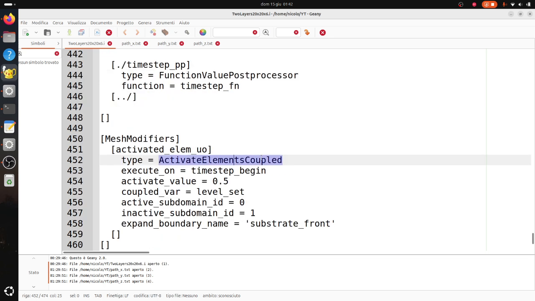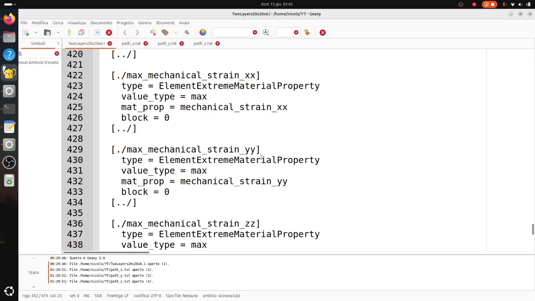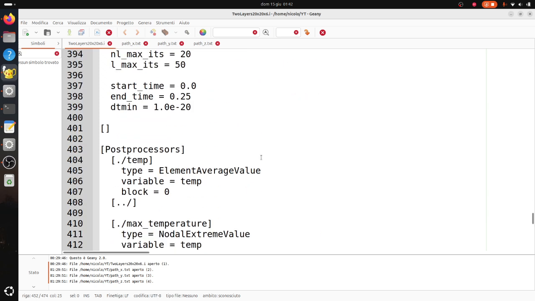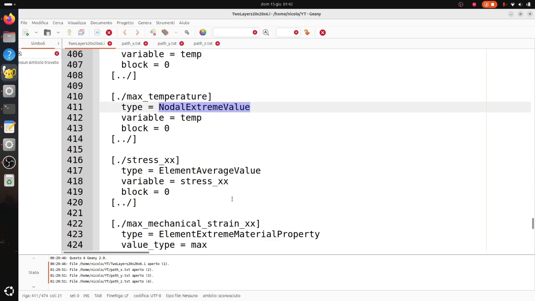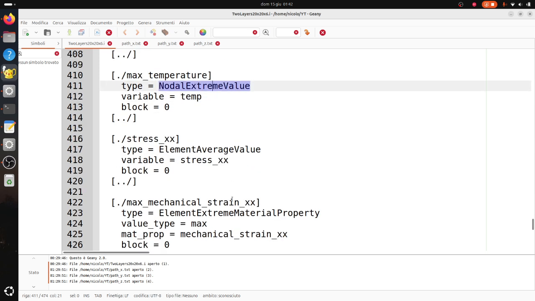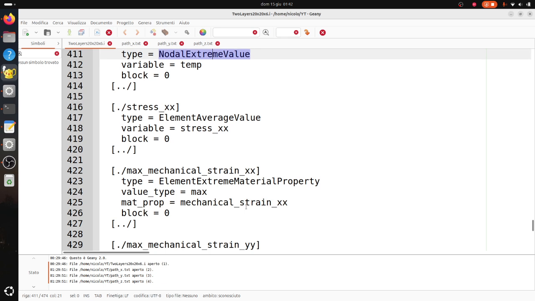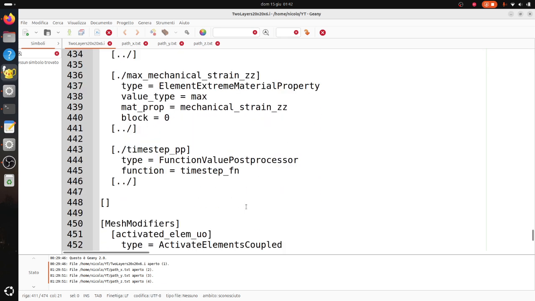So that's pretty much it. We look at the solver quickly. There are all these postprocessors. A postprocessor is just a way to visualize what's going on during the simulation. They're not necessary for the solver. You can delete them and you still get the final solution. But they help because you see them in the log. So in the log, I would like to see, for instance, the average temperature, the nodal max temperature, and the mechanical stress,